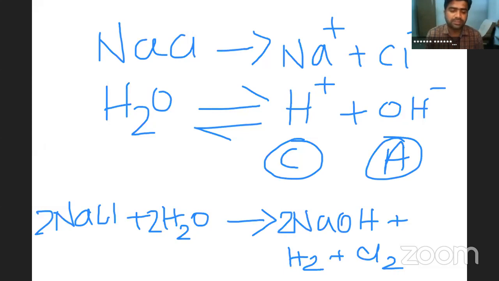Brine solution means aqueous solution of sodium chloride. Aqueous solution of sodium chloride, that's what we call simply brine solution. In this reaction both Na plus and OH minus ions remain in solution as NaOH, while H2 and NaOH solution are the byproduct in the reaction which is carried out for the isolation